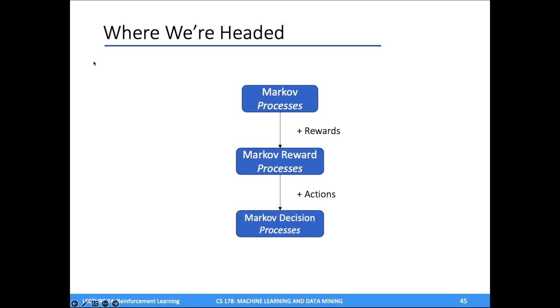Okay, so let's go ahead and wrap up for the day. Again, we've seen Markov processes, and these are processes that really only have states involved with them and some kind of transition probabilities between them. But as we've been discussing with reinforcement learning, we also want to be able to incorporate rewards into these things, and then eventually have agents that don't just get randomly moved from state to state. They should also be able to take actions that determine what kind of states they end up in. And so we're building our way up to these more general processes.